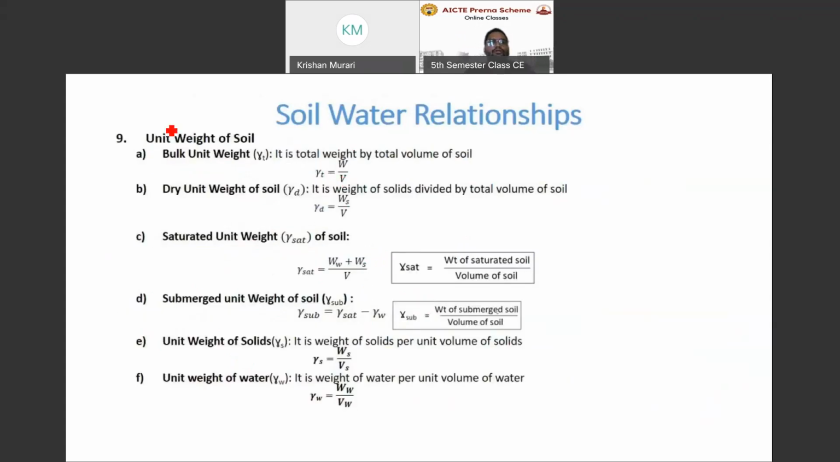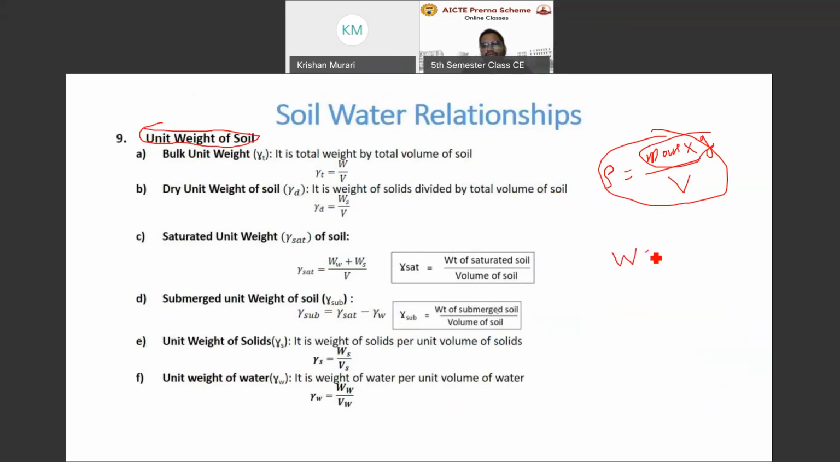Now some other terms, like unit weight of soil. What is the unit weight? Firstly, we know what density is. Density is the mass of solid or mass of soil, whatever, upon volume. That is density. If we consider the gravitational acceleration g, that is called weight,